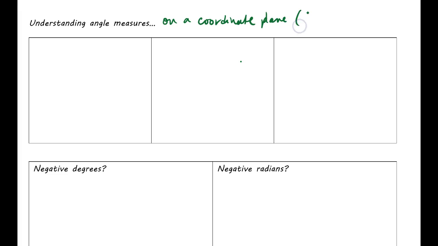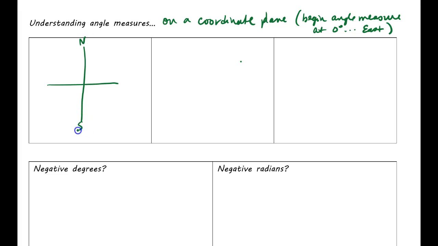Now, one note that I want you to write that's really important is that you need to begin your angle measure at 0 degrees, which is going to be east, okay? So, you know this, hopefully, right? North, south, east, west. It looks like this, okay? If you know a compass is north, and then west, and then south, and then east, we're going to always start our angle measures in the east. So if I draw a random angle, this would be the beginning of it, which, as a side note, is actually called the initial side of the angle.